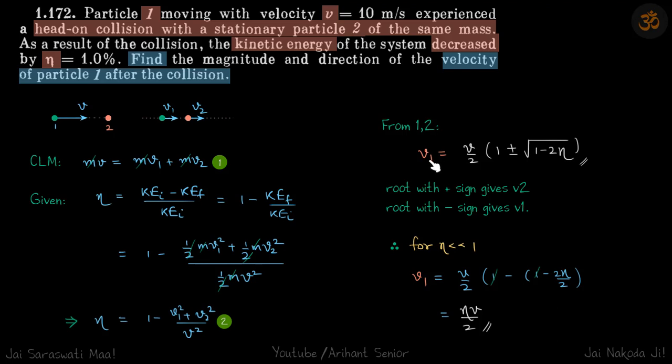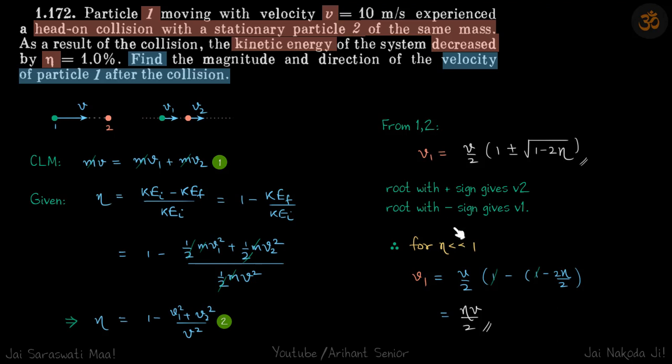So both the roots make sense. So why are we getting two roots? The reason is, in both the equations you will see the equations are symmetric with respect to v1 and v2. So if you just replace v2 by v1, the equations are the same, which means you are getting one answer for v1 and one answer for v2. And now you can imagine that if the particles separate after colliding, then of course v2 has to be more than v1. So the plus sign root gives v2 and the minus sign gives v1.